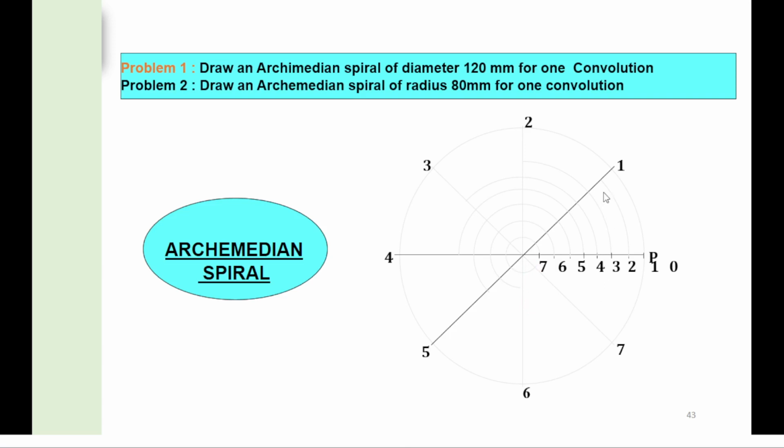Whatever the intersection points are, for the first arc this is an intersection, for the second arc this is an intersection, for the third arc this is an intersection. So these are the points P1, P2, P3, P4. Likewise we can name these points P1 to P7 and the last one, 0 or center. Now we have to join all these obtained intersection points to get a spiral. So this will be your Archimedean spiral.